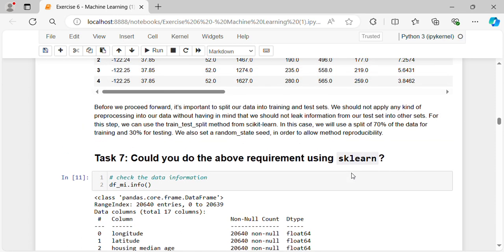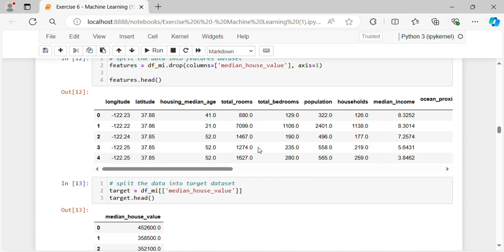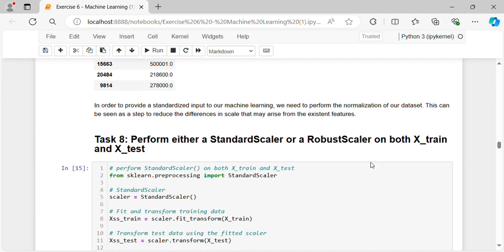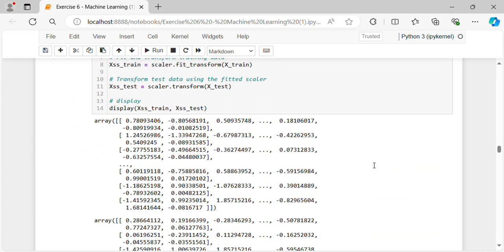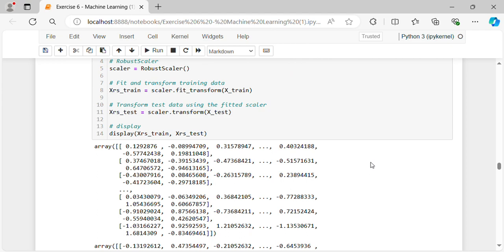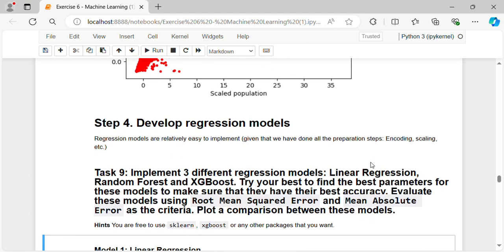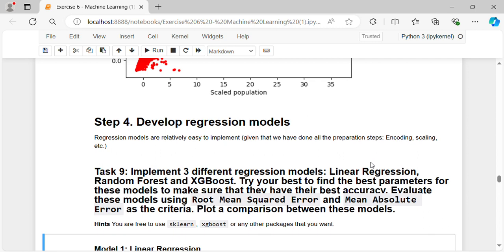We used the library from sklearn to split our data set into training and test set. Then we performed a standard scalar and a robust scalar on both XTrain and XTest dataset. Then in step 4, we are developing regression models. Regression models are relatively easy to implement, given that we have done all the preparation steps: encoding, scaling,